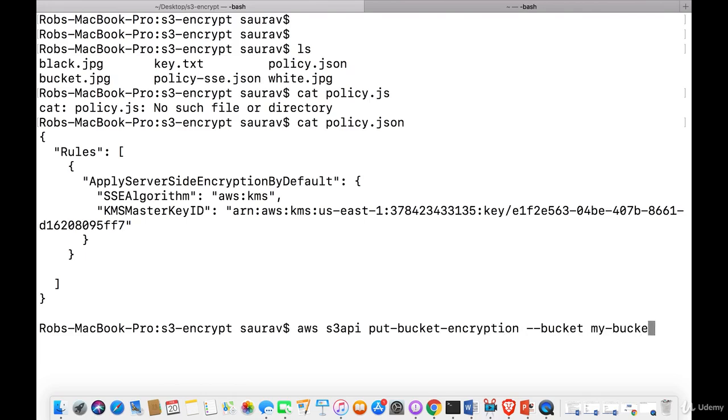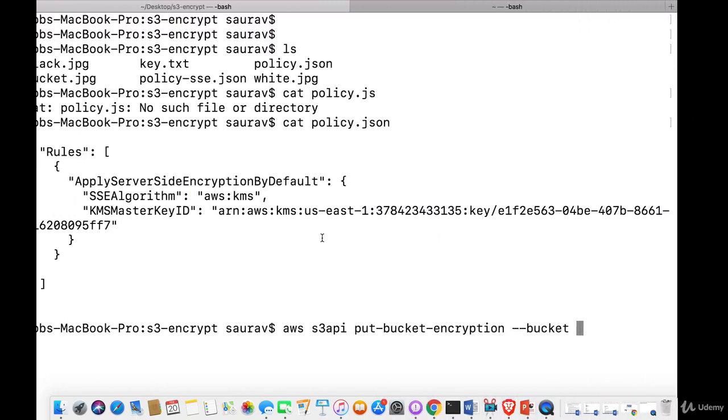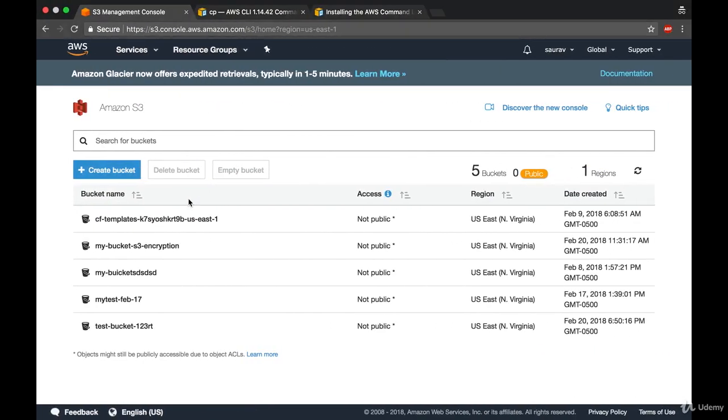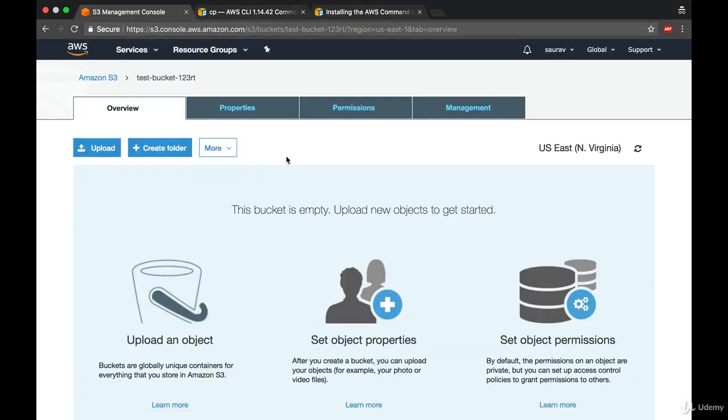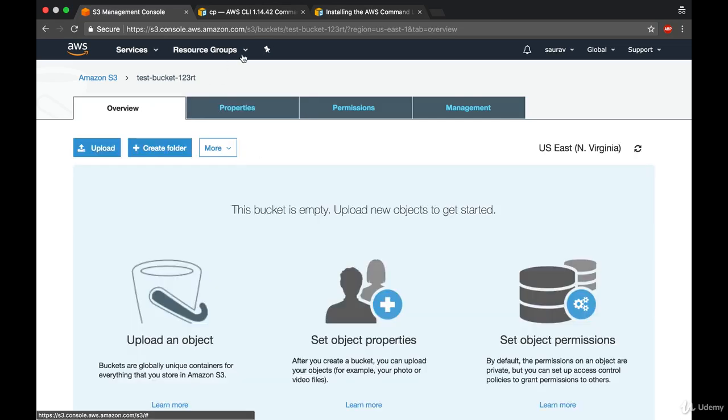my, well, the name of my bucket is, let me get the name of my bucket that I just created. This is the name of my bucket, and once again, currently we have the AES-256 encryption, and we're going to change that encryption to something else. So I'm going to copy the name of the bucket,